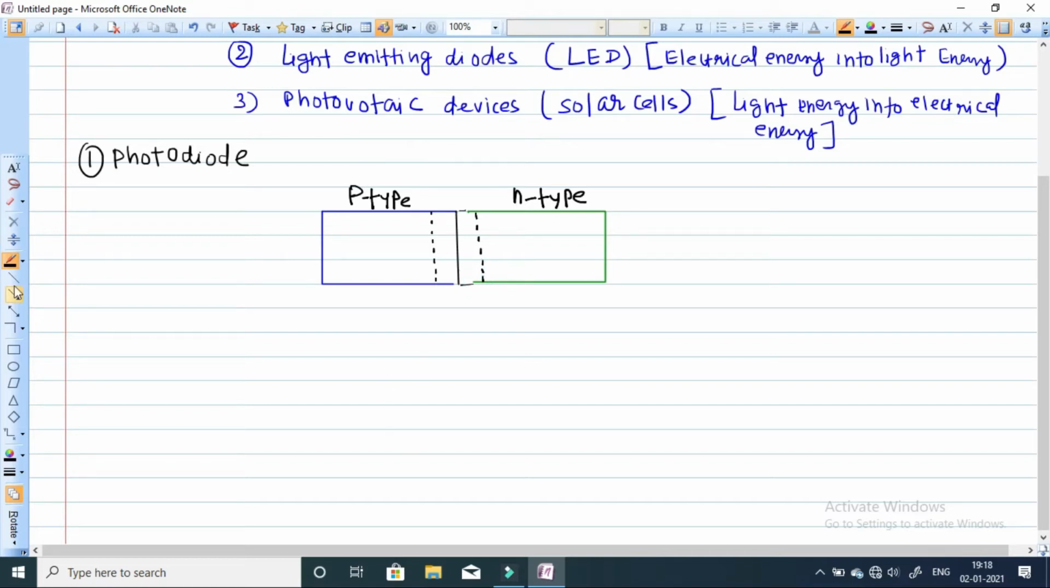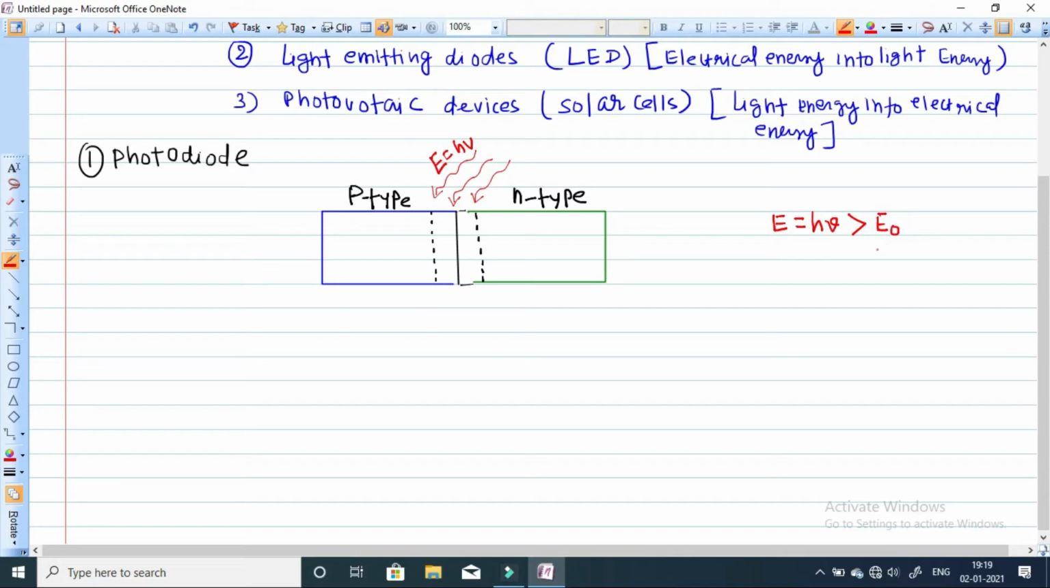Now this junction is illuminated by the light energy, or the energy of the photon, E is equal to h nu. If this energy E equal to h nu, the energy of the photon, is greater than the energy barrier of the semiconductor, that is, if h nu is greater than the energy gap of the semiconductor E naught,